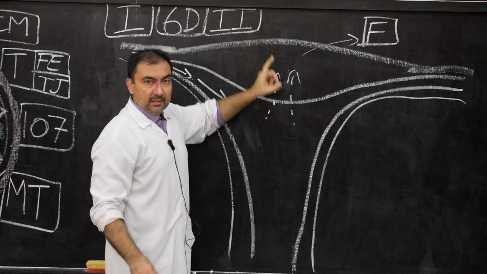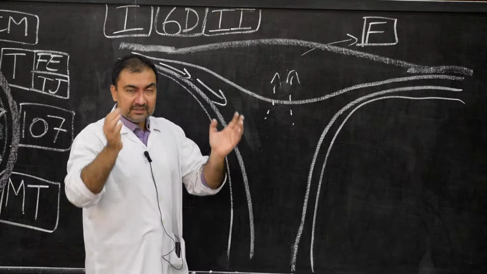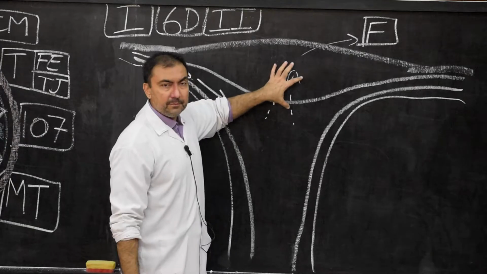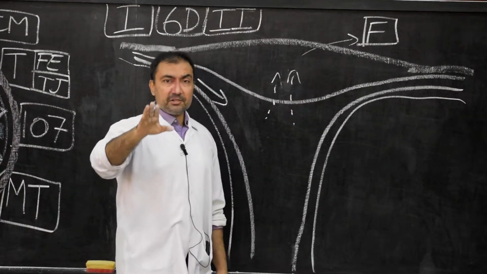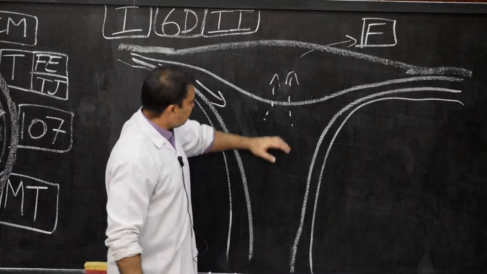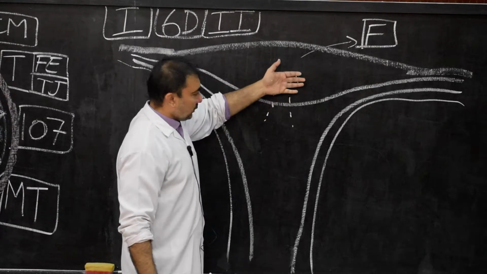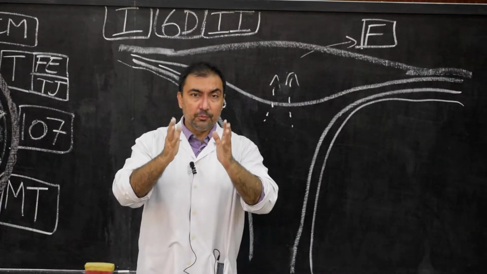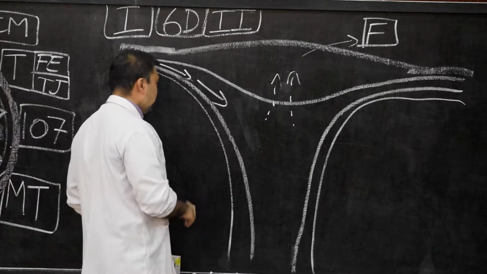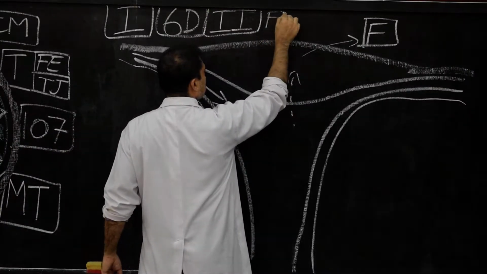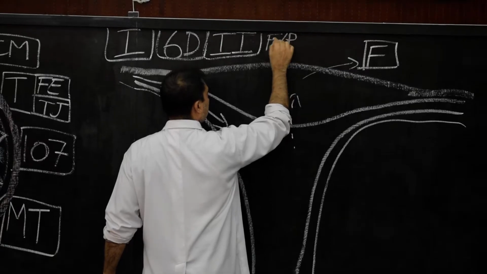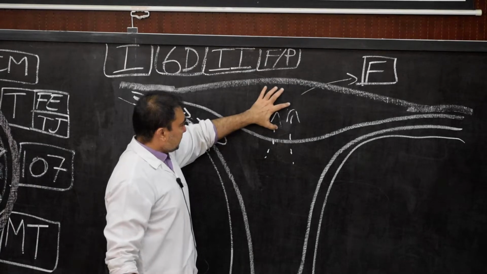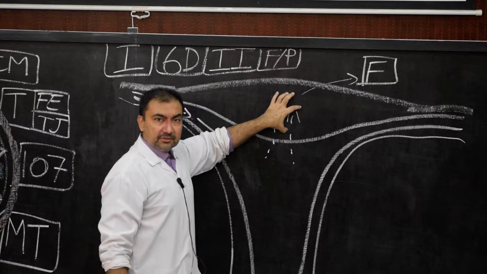Please note down. Now we are going to draw this diagram, but before we draw it, the site of implantation is very important. What is the normal site of implantation in humans? It is the junction between the fundus and the posterior wall of the uterus. So the junction between the fundus and posterior wall of the uterus is the normal site of implantation of the blastocyst in humans.